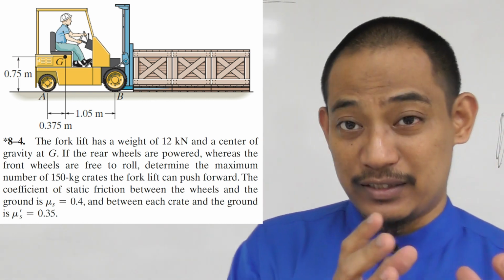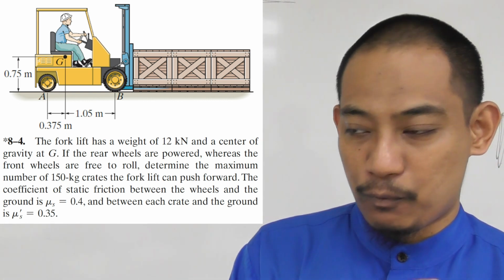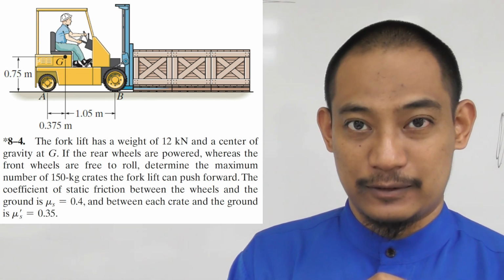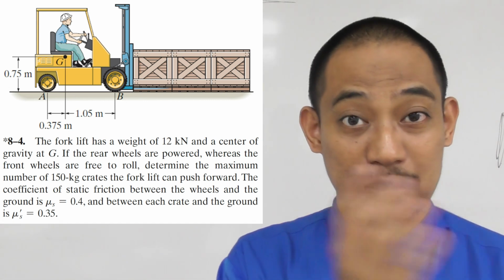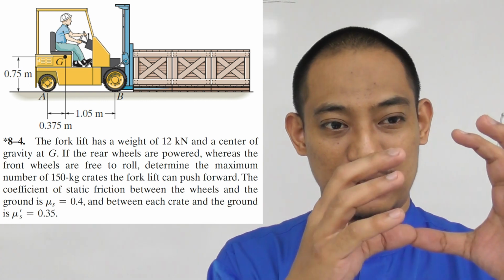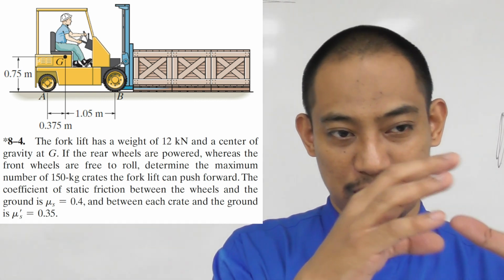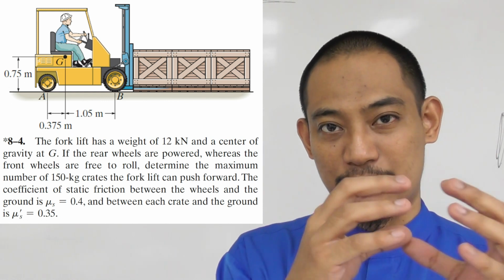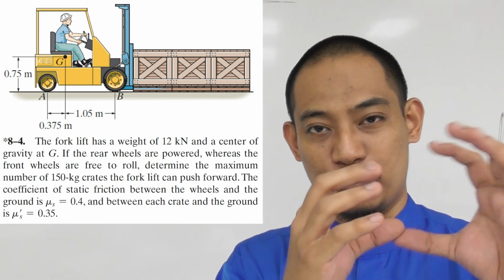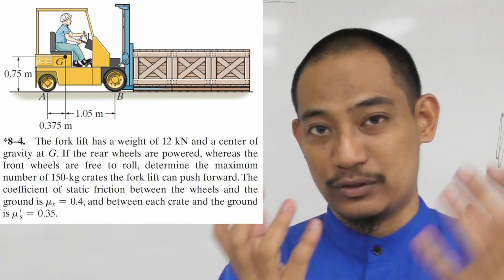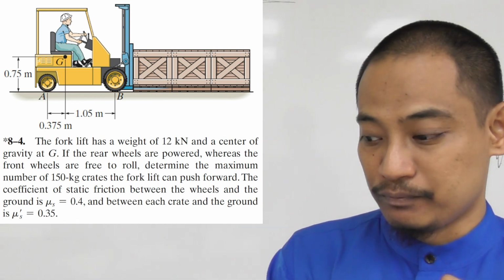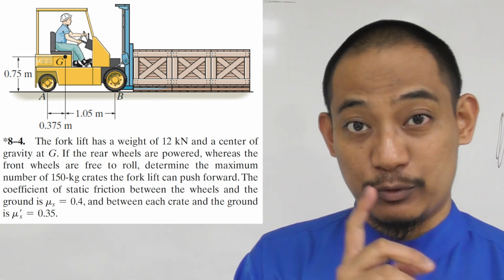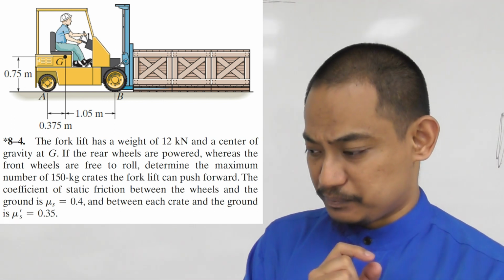So what this means is you have to understand first where is the friction in this case, right? So the friction is at the rear wheel, right? Because that is the wheel that has to actually push the whole thing forward, so the friction happens there, while the front wheel just follows the movement and rotation, right? So there's no friction there. That's number one. That will affect your free body diagram. Number two is